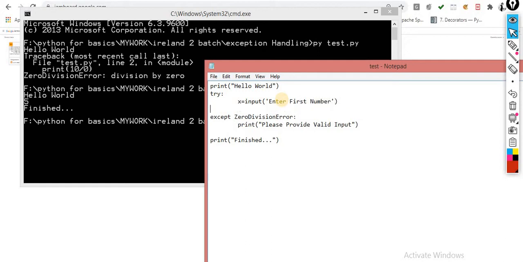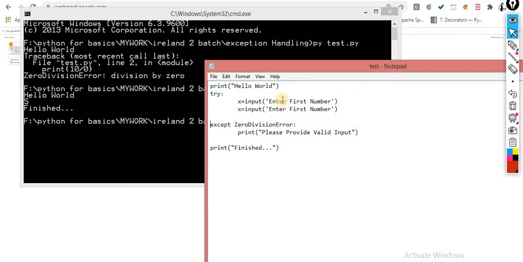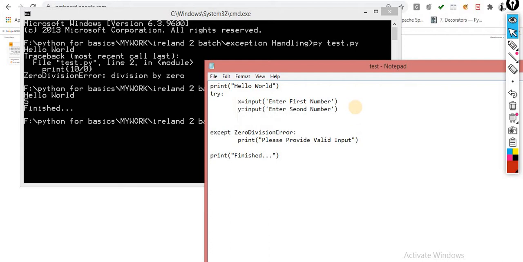Second thing, y is equal to input of enter second number.